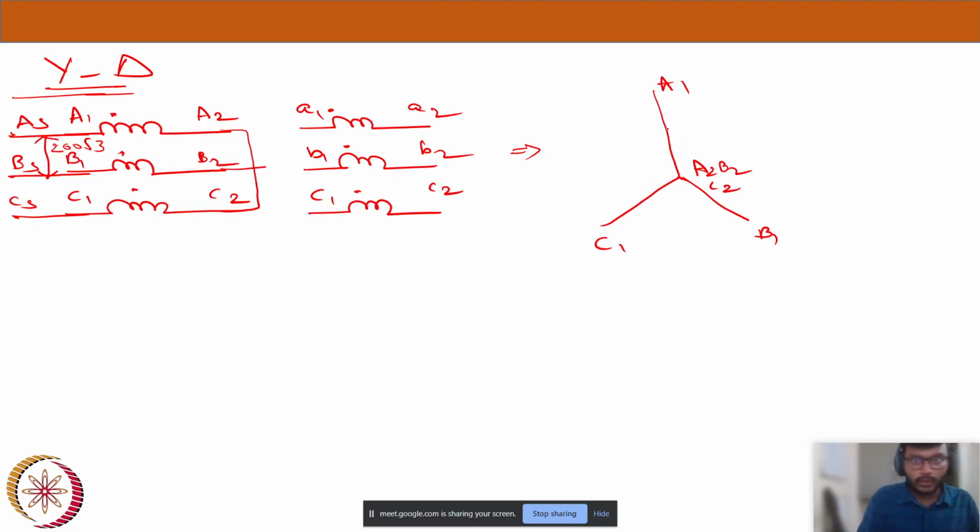Now yeah, so the length of each phasor will be 200 volts, because